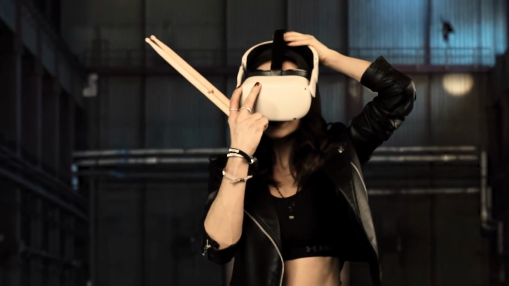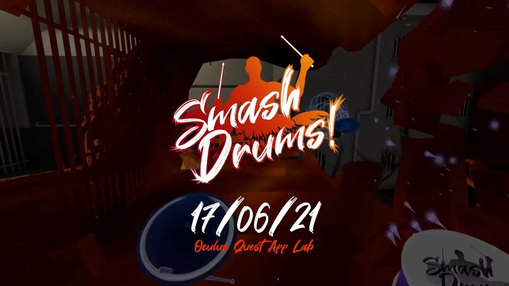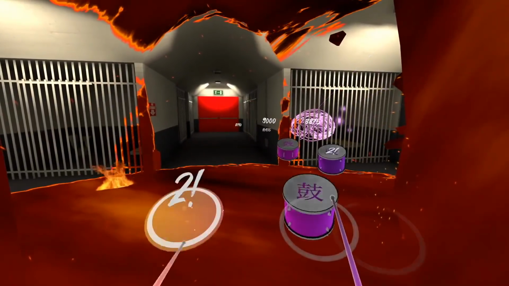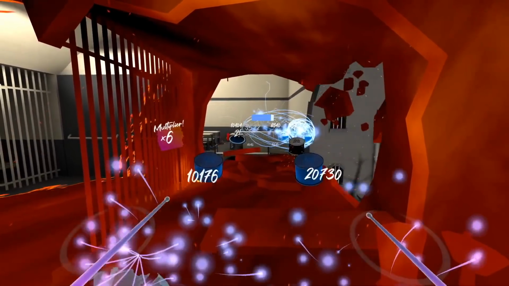Next up is Smash Drums. Smash Drums is a rhythm game that recently released onto the Oculus App Lab on the Oculus Store. Like the name suggests, you smash drums. Similar to Beat Saber, you hit the drums to the beat of the music. Some drums require being hit multiple times to keep the song engaging, and the game only has a demo out